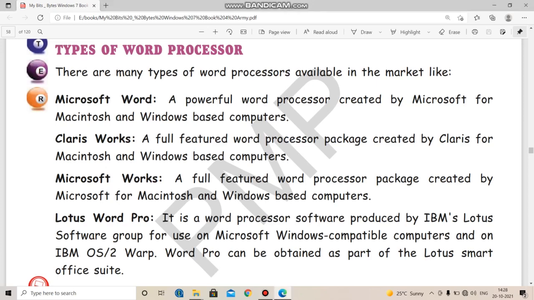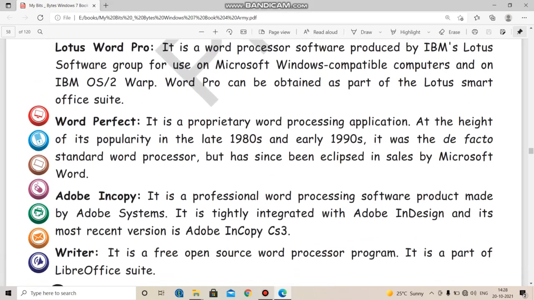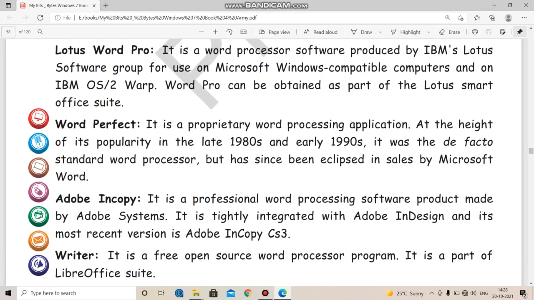So now this is the next word processor we are talking about, that is created by IBM. IBM is the International Business Machines. Herman Hollerith is regarded as its creator. This was one of the very old IT companies, and now it is dealing in various electronic products as well. IBM has also produced a software, a word processor.